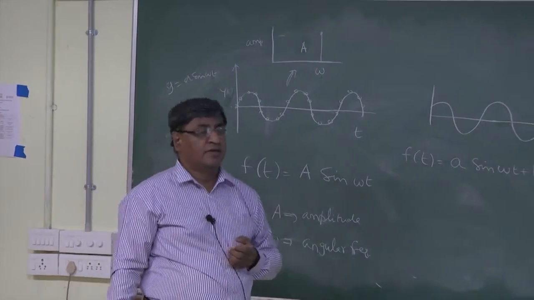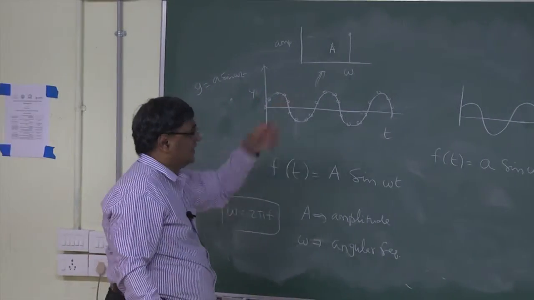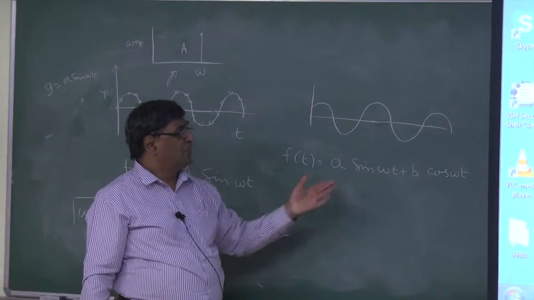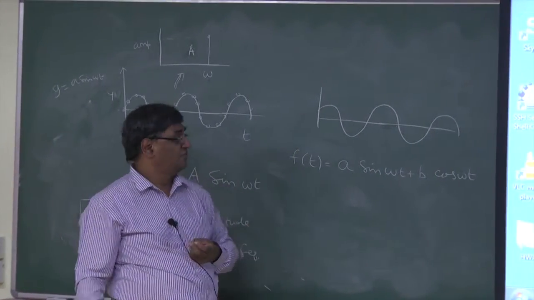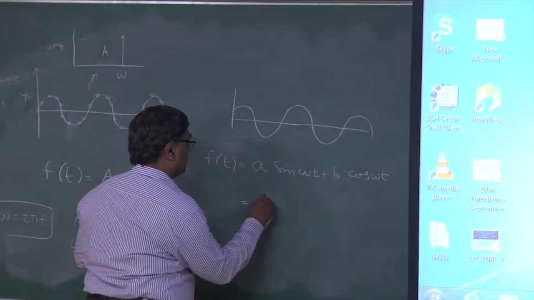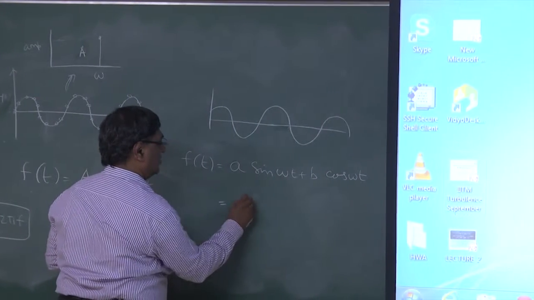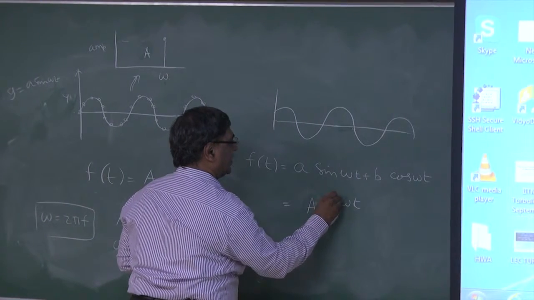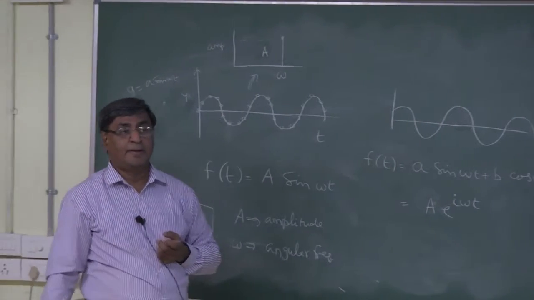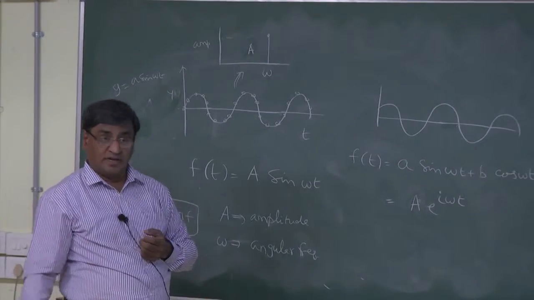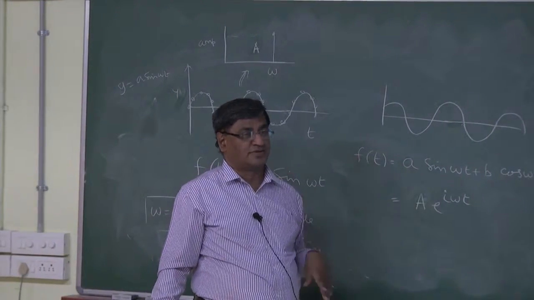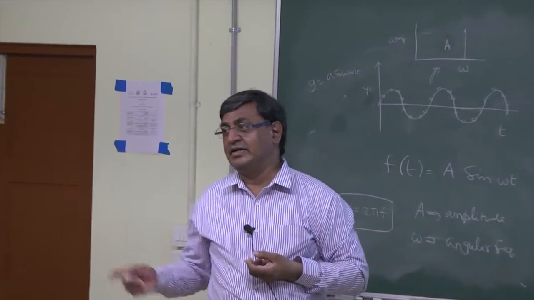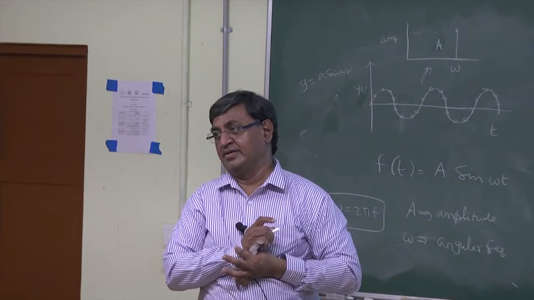Suppose, the same thing, instead of a simple sine wave, if we had a sine and cosine wave together, it is possible to represent this in terms of e power i omega t. I always used to get confused, what is i doing here, what is square root of minus 1. It is actually a way of representing anything in a phase plane.